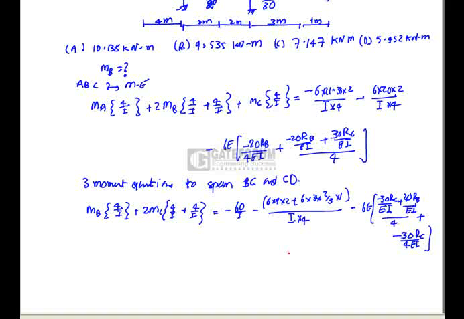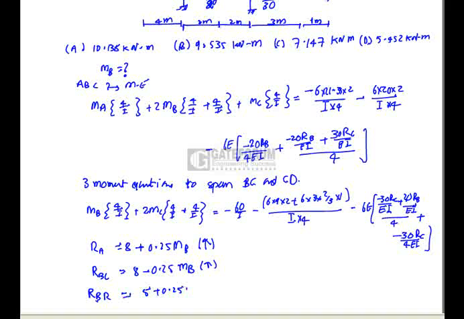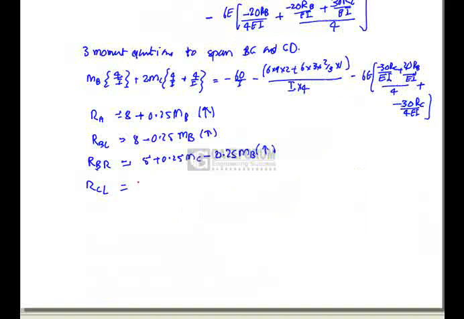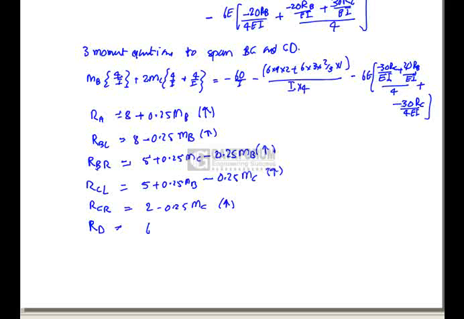So from these equations, by solving we get RA is equal to 8 plus 0.25 MB in the positive direction. RB at left side is 8 minus 0.25 MB. Reaction at B on the right side is 5 plus 0.25 MC minus 0.25 MB in the upward direction. RC at left side is equal to 5 plus 0.25 MB minus 0.25 MC upward, or reaction at C on the right side is 2 minus 0.25 MC upwards, or reaction at D is 6 plus 0.25